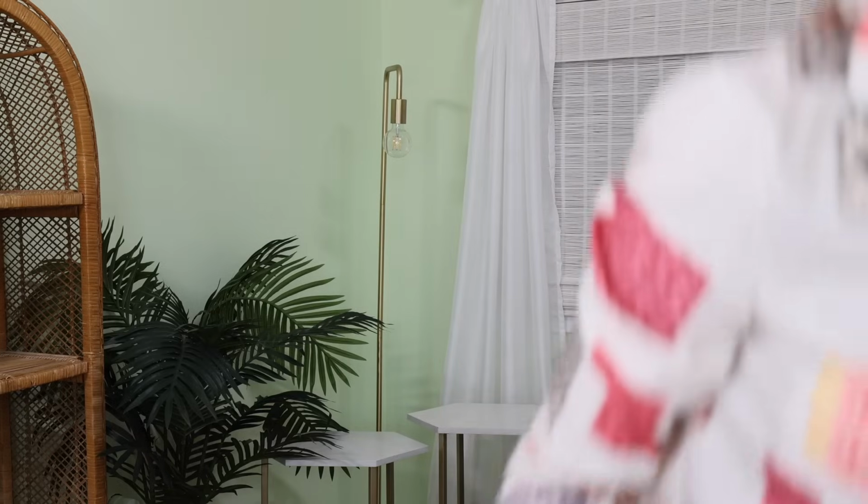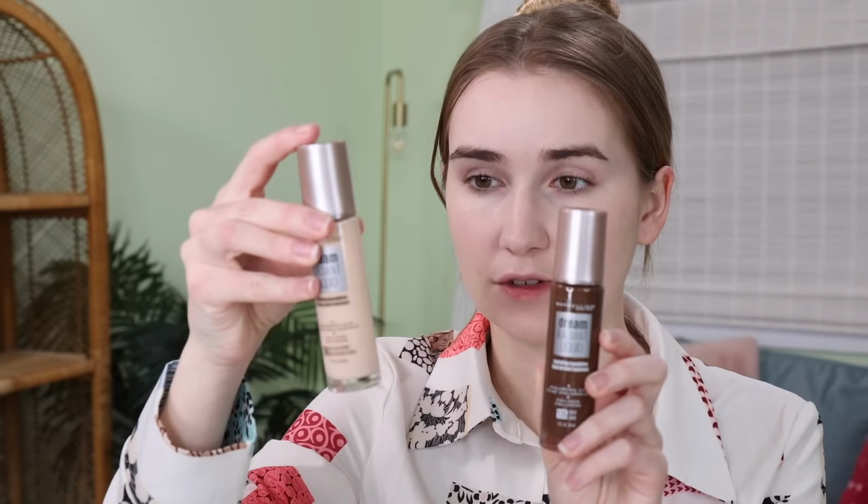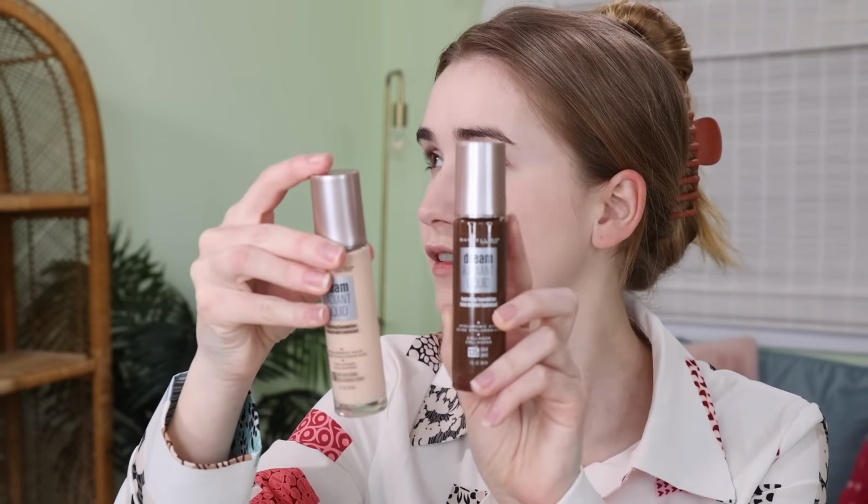That was one thing about the return box that was really nice. It had lots of different shades. Let me find the lightest and then the darkest. Oh, the lightest and the darkest are both the same foundation. Here's the lightest that was in the return box, and here is the darkest. So obviously not as light or as dark as some brands go, but I was just happy to see that it wasn't all just one color, you know? Okay, so let's try this concealer. This one looks pretty new as well. I like to just check a bit. Okay, let's just...